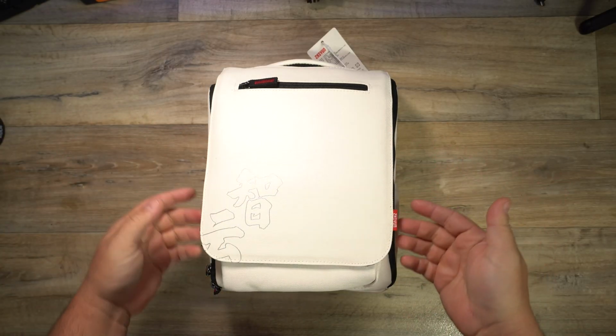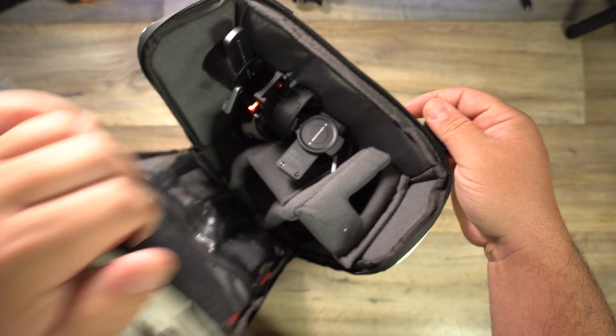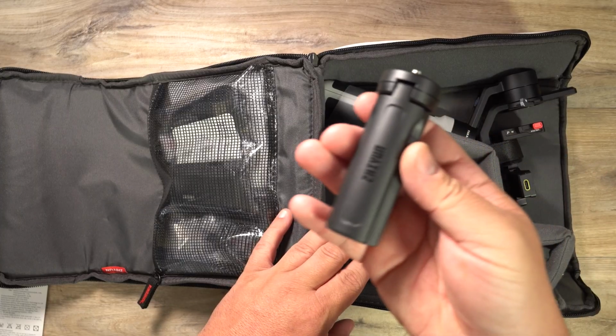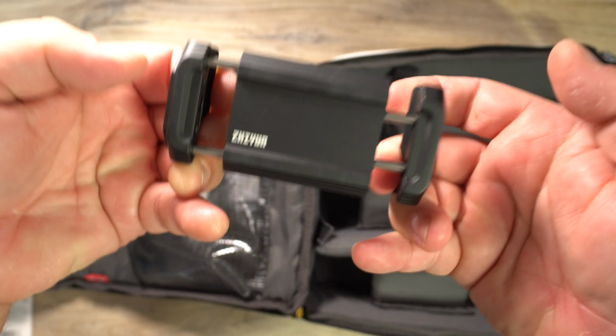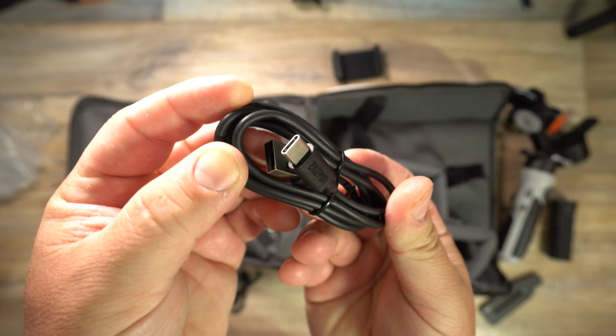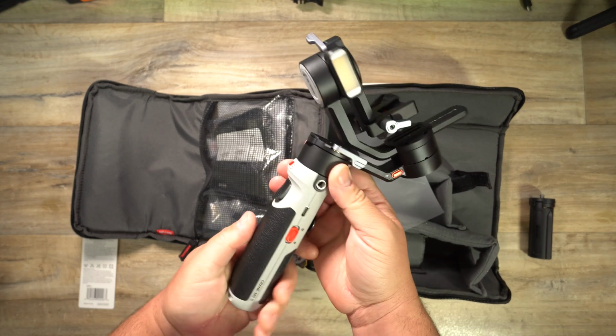So right out of the box, you get this really, really nice looking bag. And this is like the perfect little travel bag to just have your camera and your gimbal in there so you're ready to just go out and shoot what you need to shoot. When we open up this bag, you'll find a lot of compartments that are very well organized. You get a mini tripod that your gimbal can sit on. You get a quick release base plate and a really nice quality phone mount. These magnetic light filters, a charging cable, camera control cables, and of course the gimbal itself, which is very, very